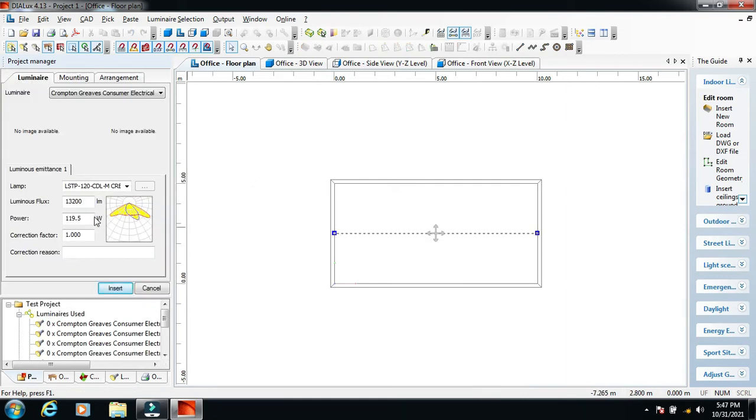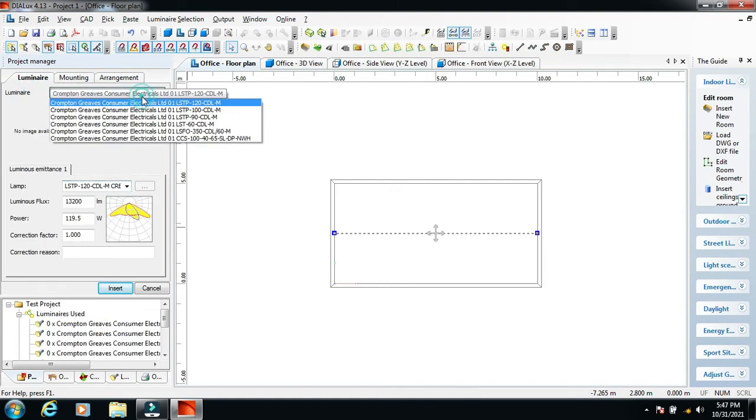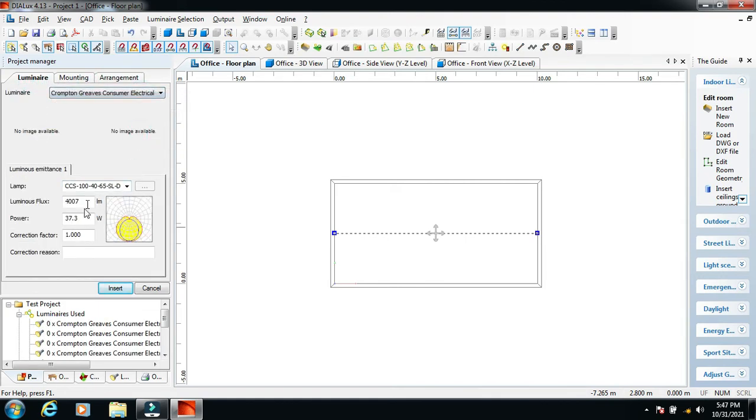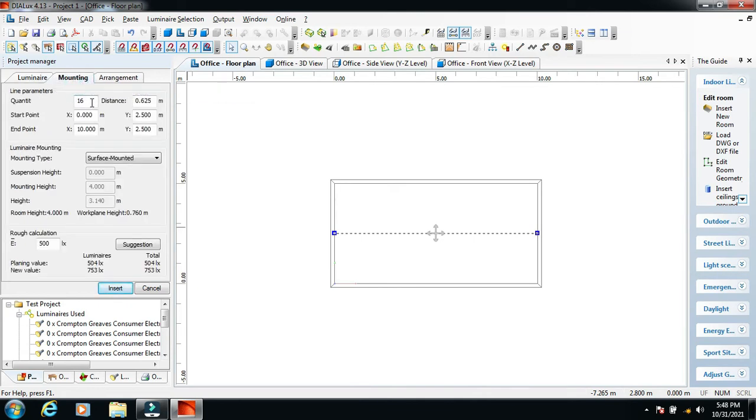This is not the light fixture I'm looking for, so I'll click here. This was the light fixture 37.3. Quantity is 16, but I don't want 16, I want 3 light fixtures. Distance 3.33 is fine, start point and end point are given, so it is surface mounted.